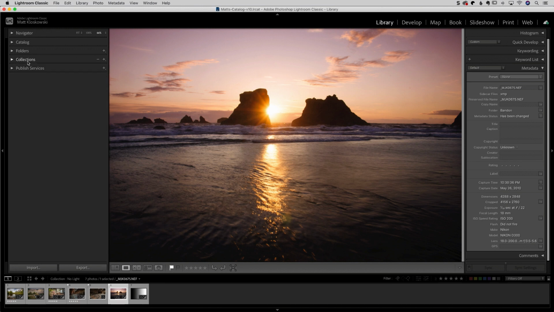Christina Shirk's got a class on portraits that, if you are a portrait photographer, she does some amazing things, not only with basic editing tools, but with brushes and different things like that. So you want to make sure you check out her class. Lisa's got a class on Lightroom mobile capture. I don't have the mobile version of Lightroom up here, but one thing I can share with you that is mobile related